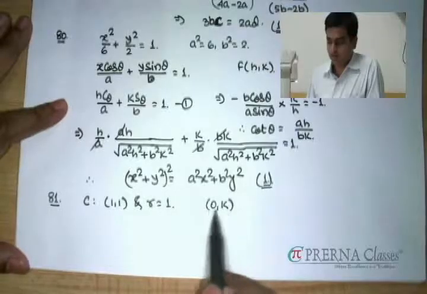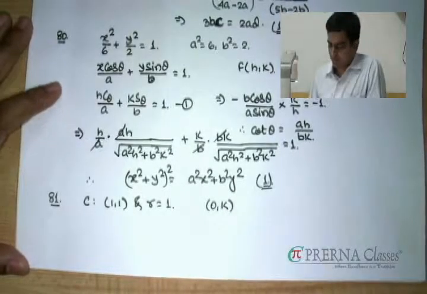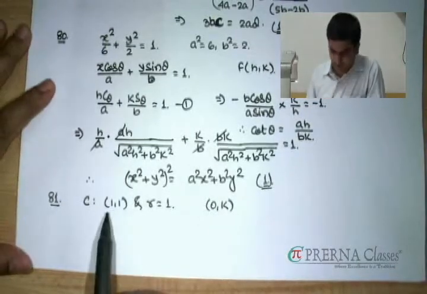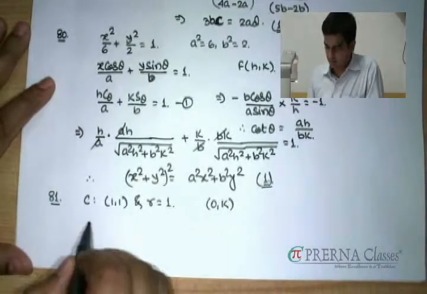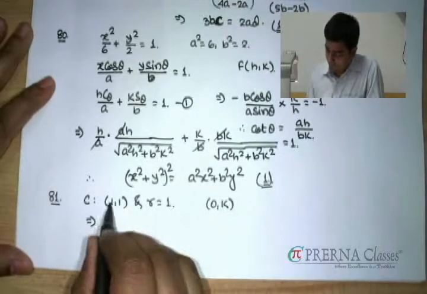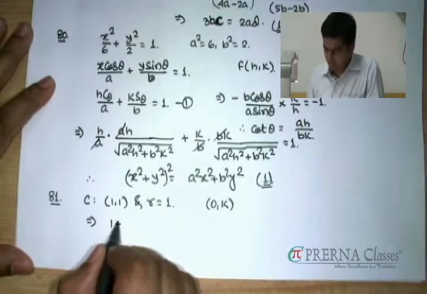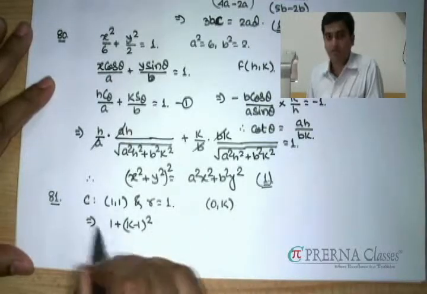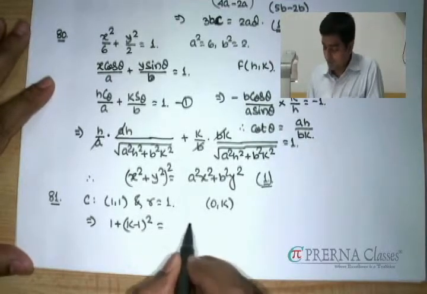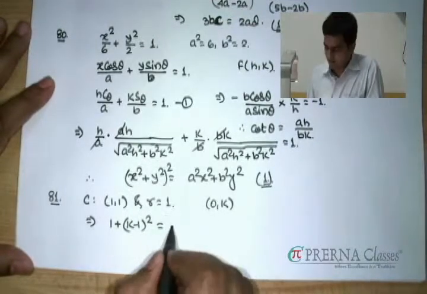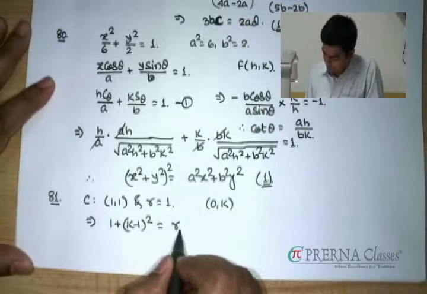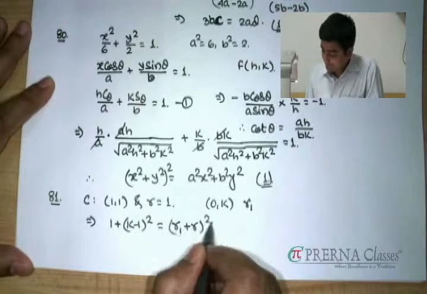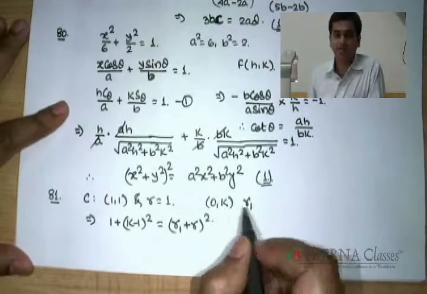We have another circle whose center is of this type, that means it's on the y axis, and we have to figure out its radius utilizing the fact that this circle touches the first circle externally. One thing you can clearly check is that the distance between their centers is matching with this. Suppose I am not taking the square root of it, that should be equal to the sum of their radii. If I consider the radius of this circle to be r1, we must have this relation.